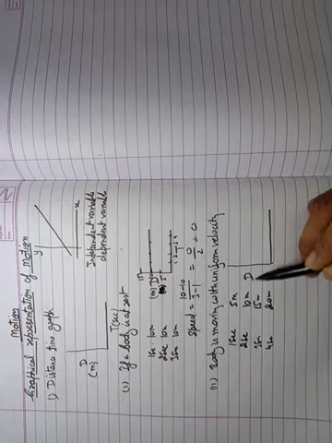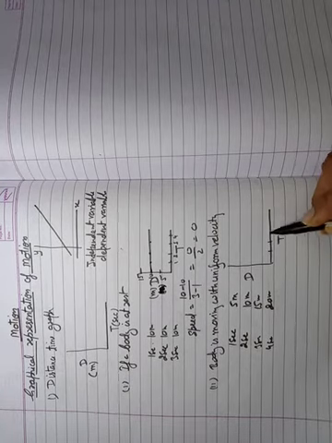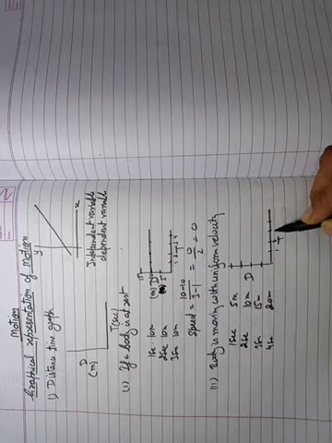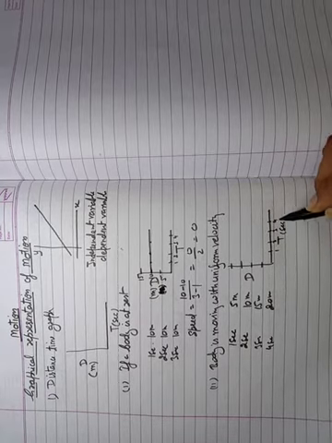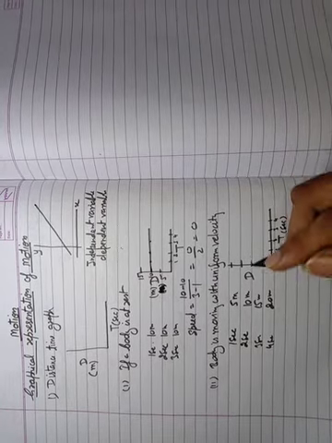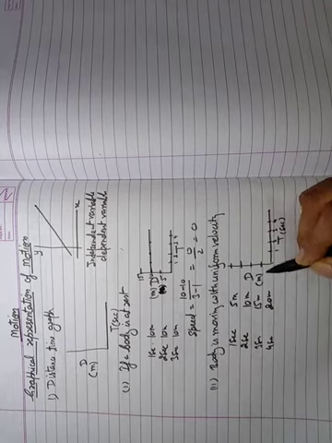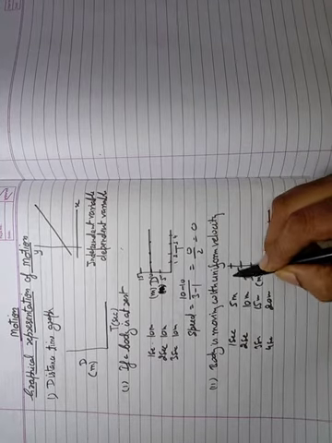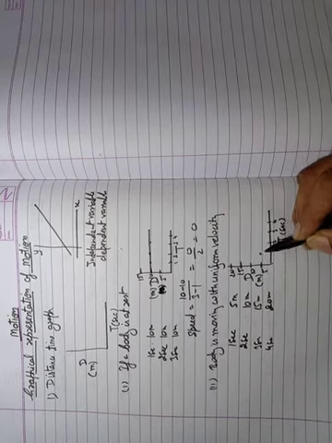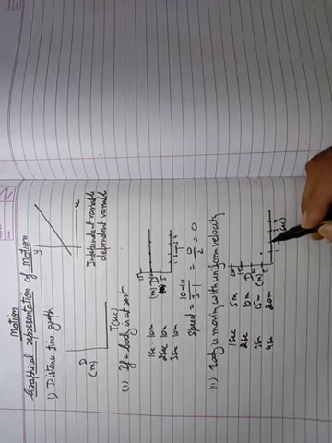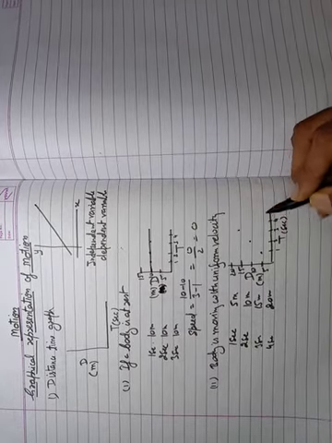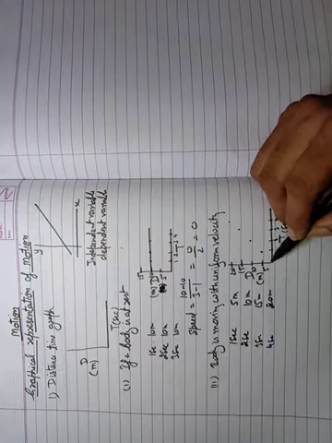This is the graph, the distance time graph. Time is on the x-axis and distance on the y-axis. Now this is 1 second, 2 second, 3 second, 4 second. You should also write the unit of time in brackets and distance in meter: 5, 10, 15, 20. At 1 second it is at 5 meter. At 2 seconds it is at 10 meter. At 3 seconds at 15 meter. At 4 seconds at 20 meter. So the graph is like this.